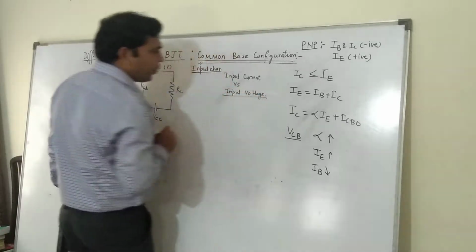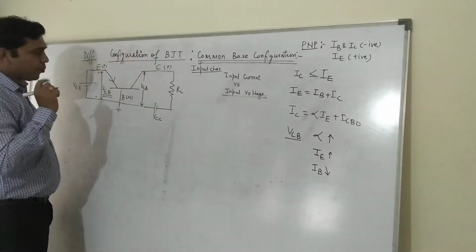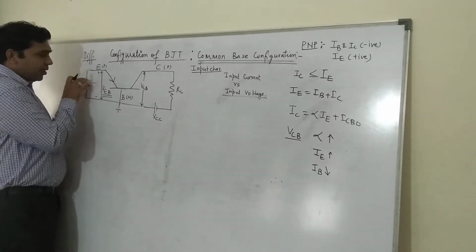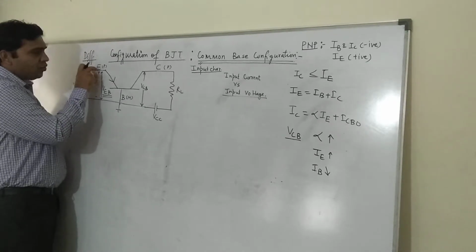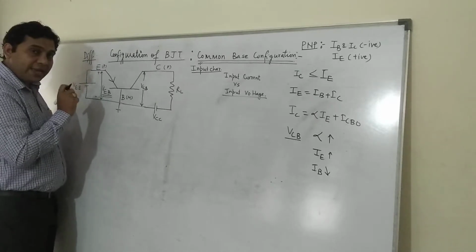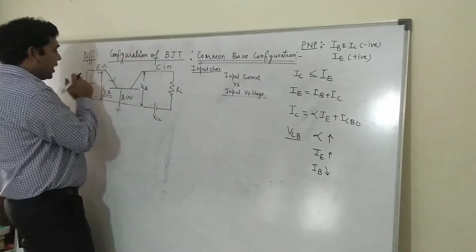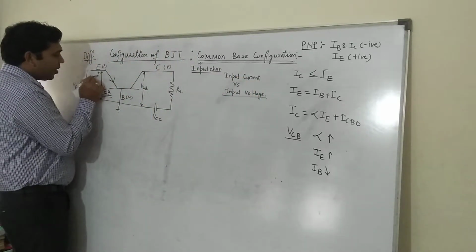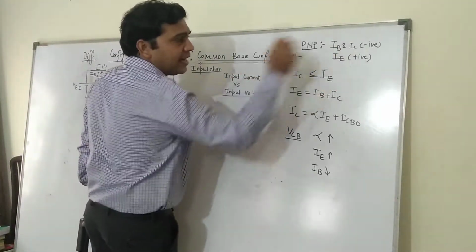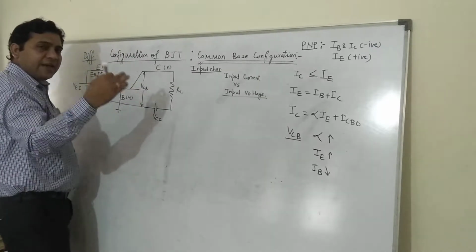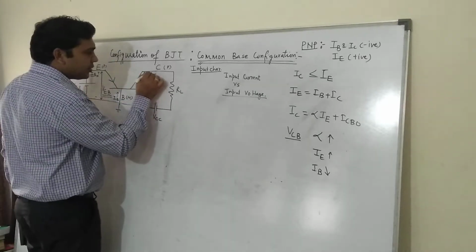Okay, so what we will do is input current versus input voltage. Now here there is a point. If you vary the input voltage and measure the input current, IE. In this case the input current is IE. I already told you that I will take the currents IB and IC as negative, but whenever I draw the circuit, I will take all the currents as entering into the transistor like this.